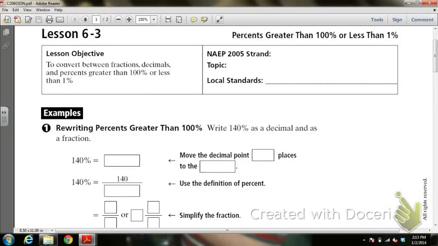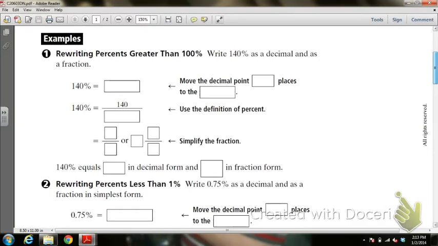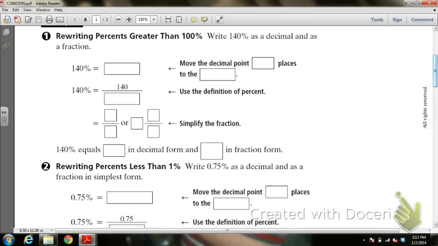In Lesson 6.3, we're going to look at percents that are greater than 100% or less than 1%. So what we're going to do is rewrite percents that are greater than 100% first. So we're going to take 140% and write it as a decimal and as a fraction. So we are going